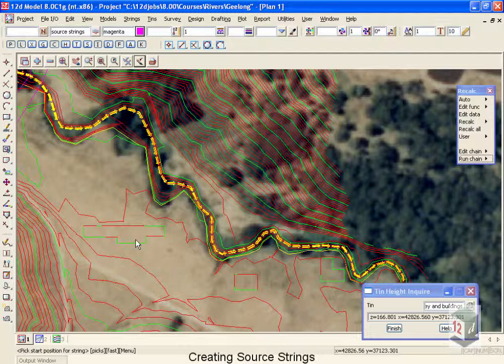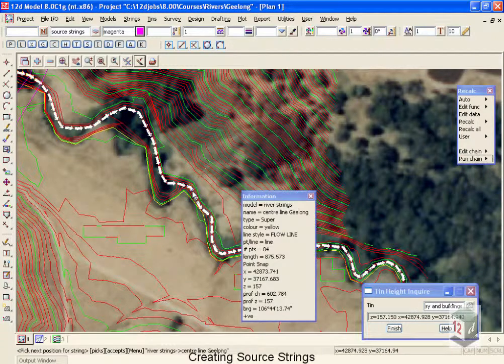Now it doesn't matter if you create these from left bank to right or right to left. The other thing I'm going to keep an eye on are my buildings, because I've got the buildings out in this area here, and I definitely want to have a cross section before the buildings, during the buildings, and afterwards. So for starting this section, I'm planning on taking one right near the end here. So I'm going to start up here, up at elevation 165, coming down to the center of my river stream here,